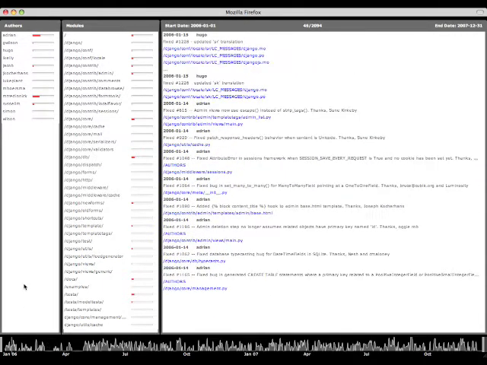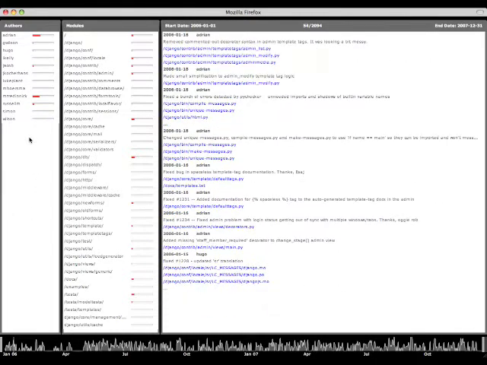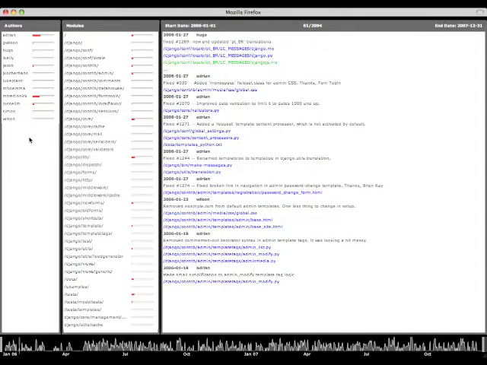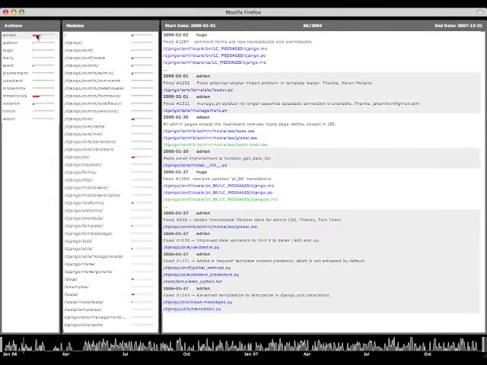The list of authors who have contributed to the project are shown here on the left side. The bar beside the author's name represents the percentage of commits made by that author. By hovering over the author Adrian, we can see that he is responsible for 798 of the 2,094 commits during